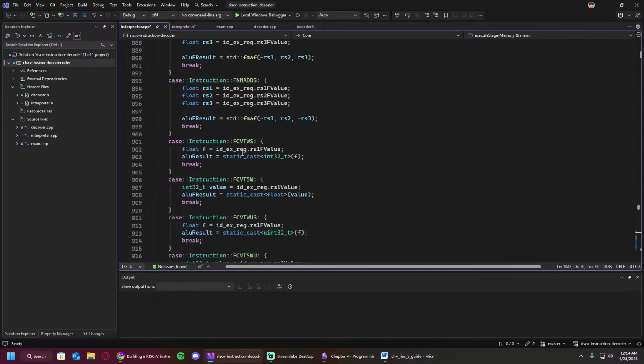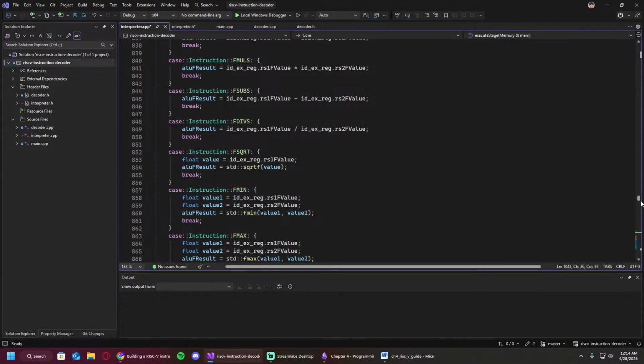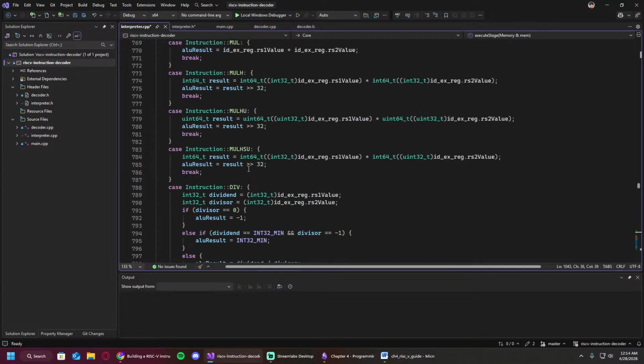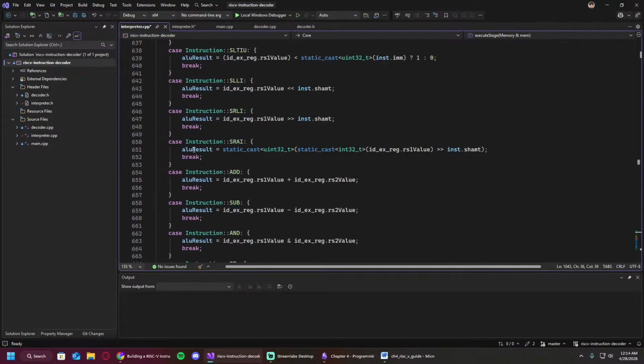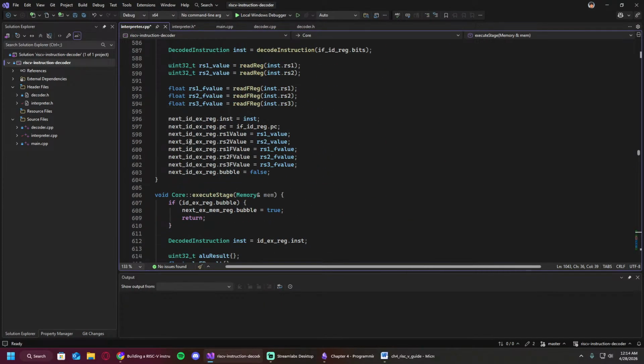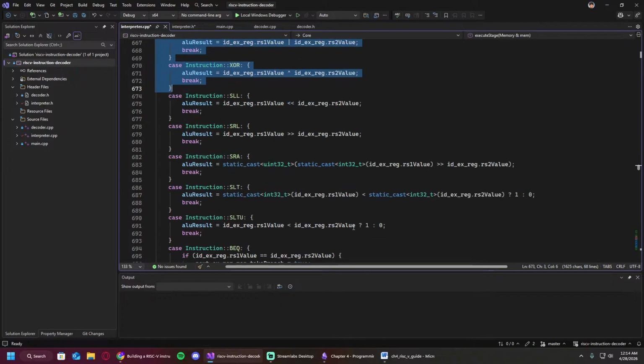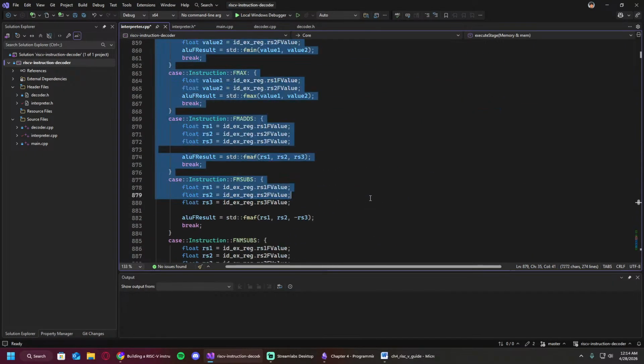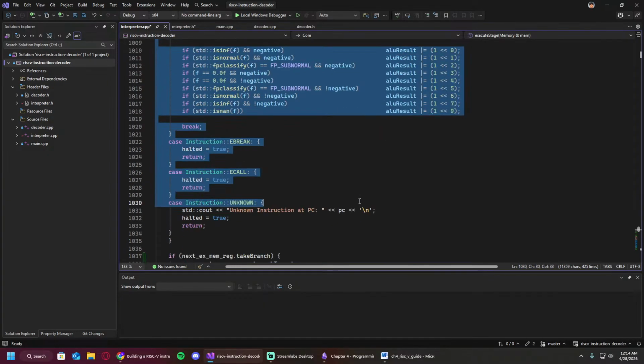Let's give Claude the whole function. Maybe Claude's not understanding something. I think he's getting confused. He probably thought I put it into the switch itself. It's outside of the switch, so